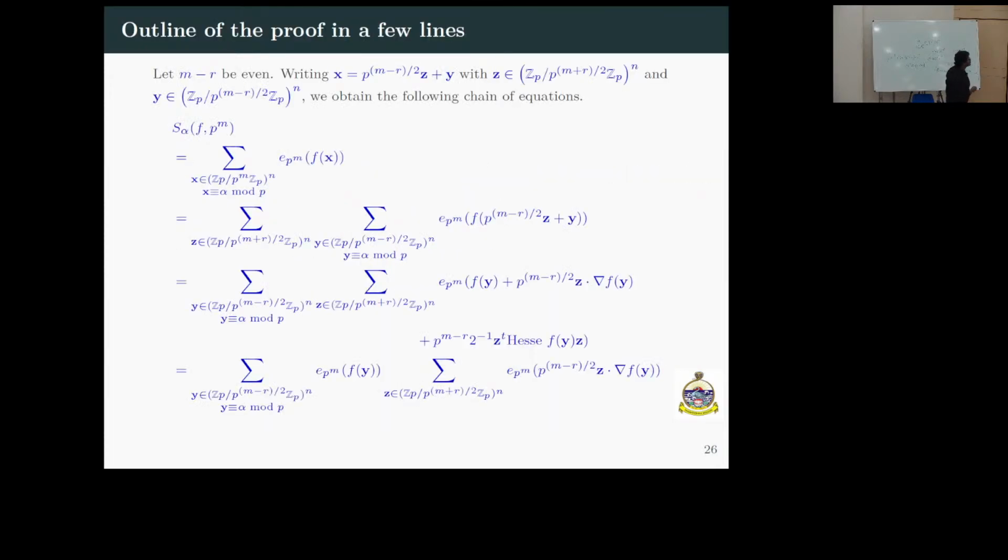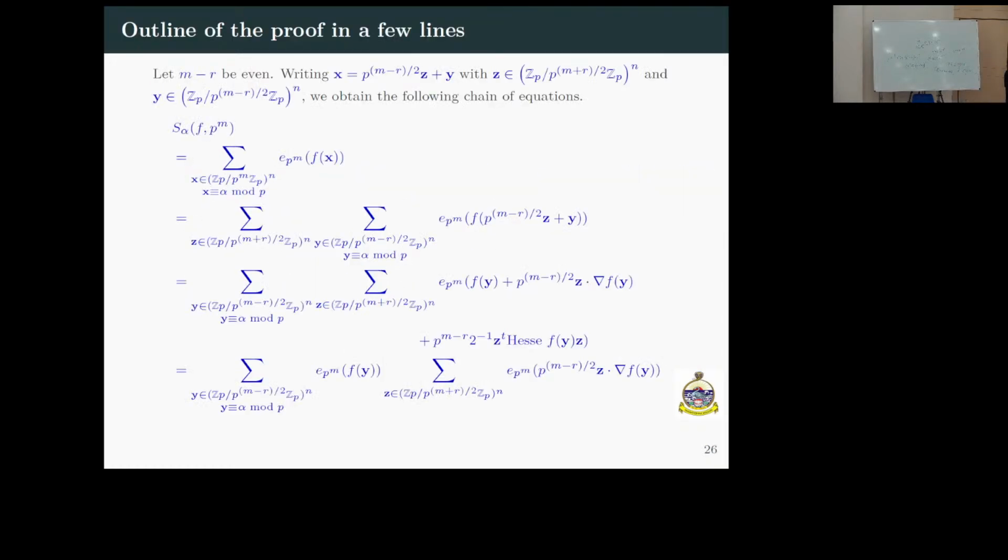Yes. So now, just a bit. Yes. Now what I want to do, we want to make this modulus and this modulus the same, depending upon this one. That's what we have done. In the next part, we have subtracted the little contributing part, p power m into r, summation over all those y's in the modulo p power m minus r by 2, where this y is congruent to alpha modulo p, and now we are in this just a simple exponential sum.